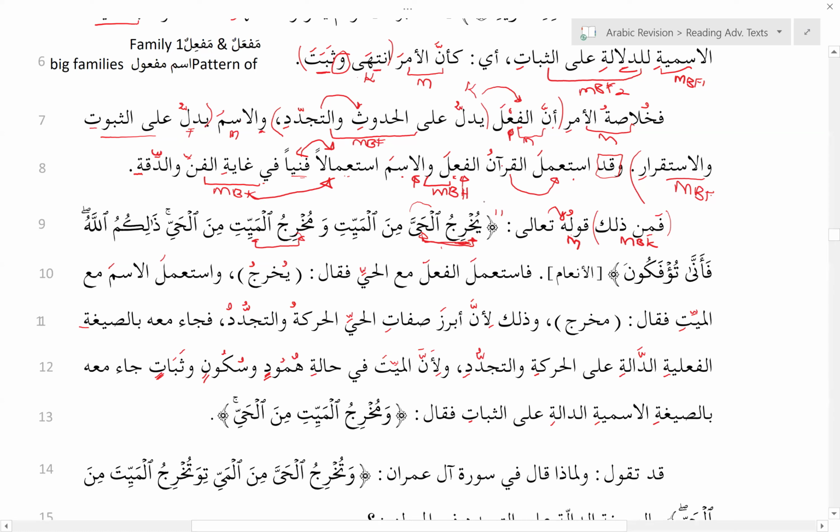How is the khabar mahdhuf here? Yeah, I made a mistake. It's not mahdhuf. This statement is the khabar. So the statement is the khabar? فمن ذلك, no, why am I confused? Because we already got muta'alliq bil khabar. So is it necessary that we should always have a khabar? No, normally when you have a sentence with a muta'alliq bil khabar and you can't find the khabar, then the khabar is mahdhuf. And what? It's a badal of the qawluhu sallam yukhrijul hayya min al mayyit.